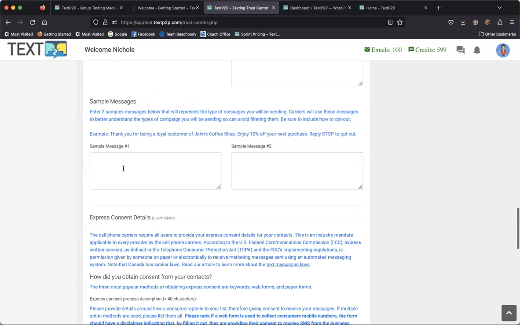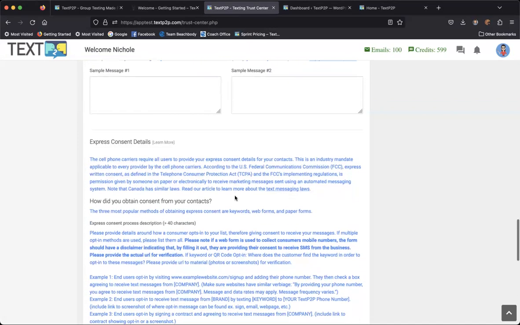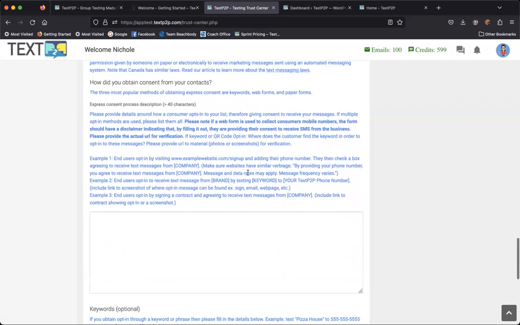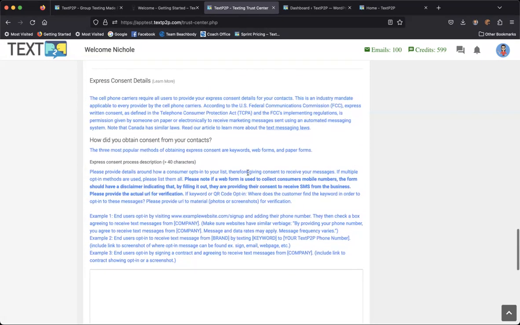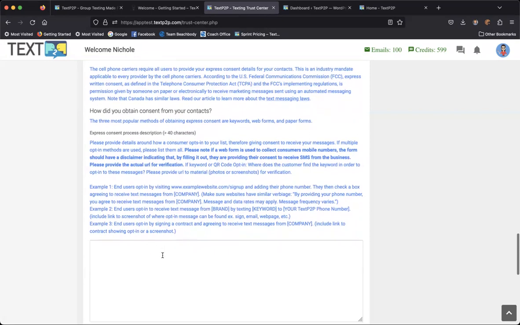They want to see some sample messages. So make sure your sample messages have the reply stop to opt out to be compliant with what they're looking for, and give at least stop to opt out in one of your sample messages. And then they want to see how you get consent. And this is the part that